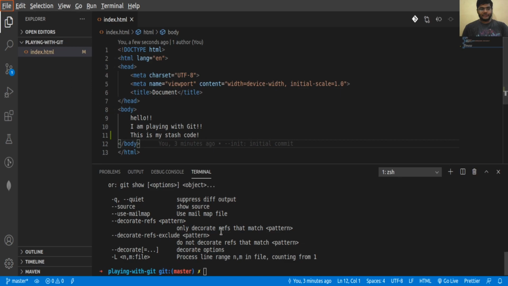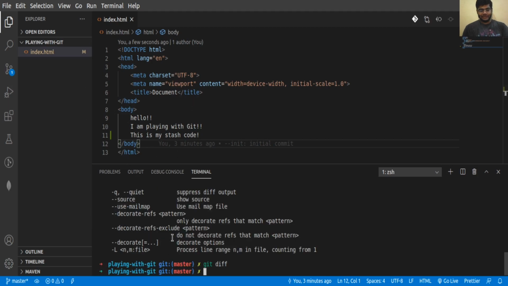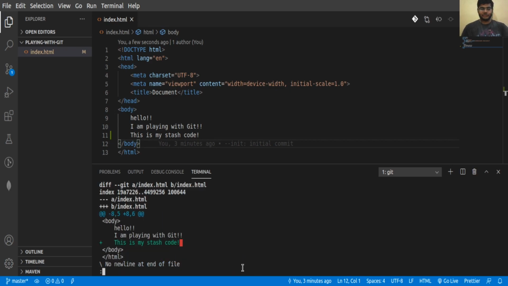Another one we have is git diff. If you write git diff here, it will show the changes that you have made after the previous commit. It will show all the changes in all your files. Suppose there are 5 files present, it will show the changes in all 5 files. If you want to view only a file-specific difference, you can use git diff space your file name. So let's write index.html for now. It will only show the difference in this current file.